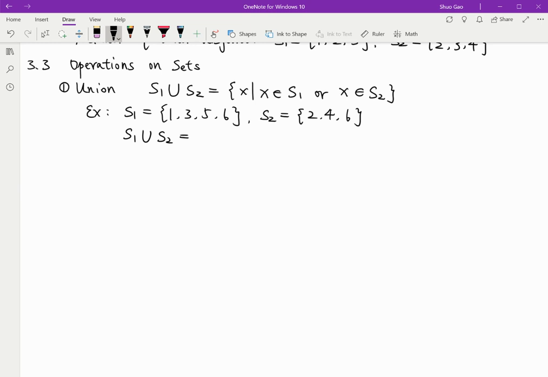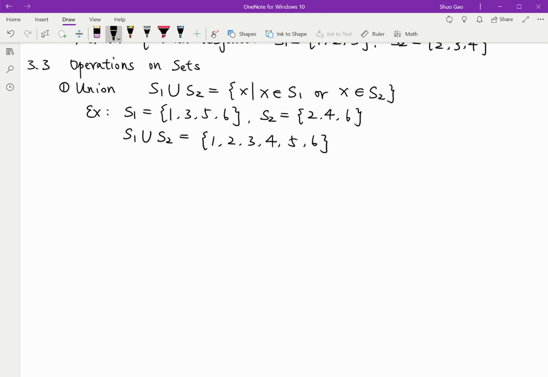So here in the example, it should be 1, 2, 3, 4, 5, and 6, because the elements should be in S1 or in S2. It doesn't matter if an element is in one of them or both of them. As long as an element is in any one of them, it should be included